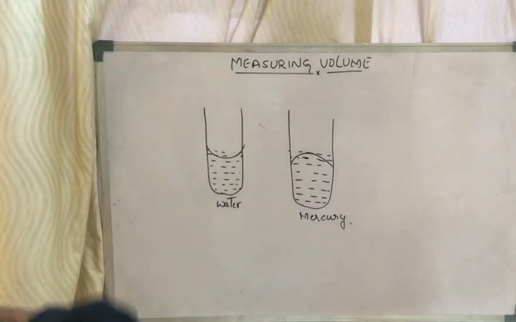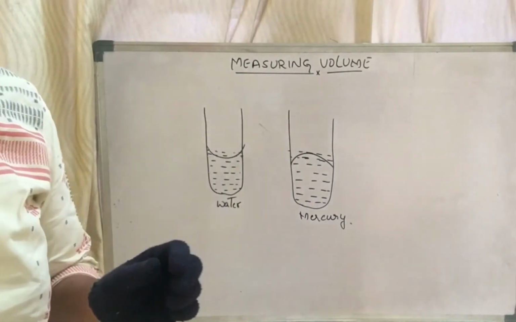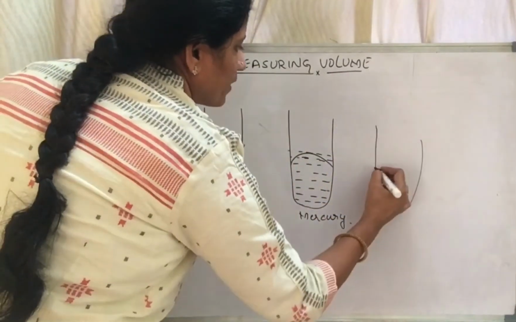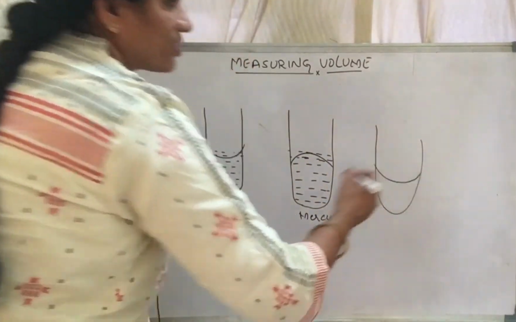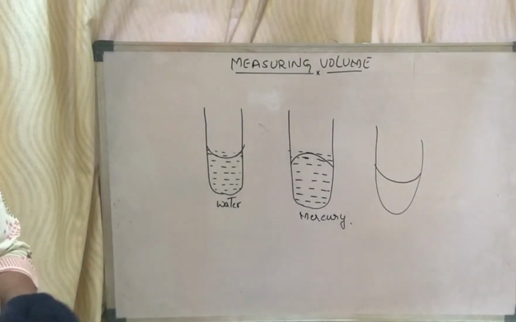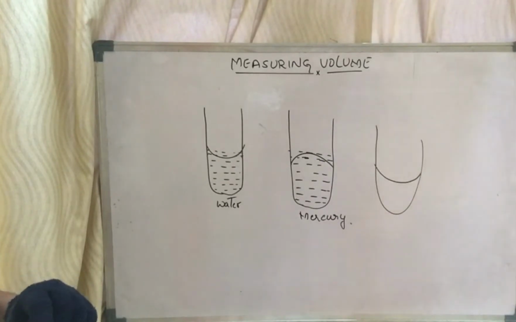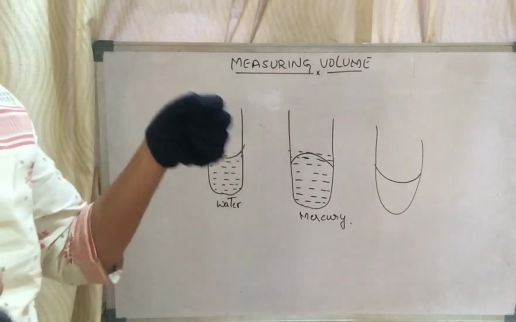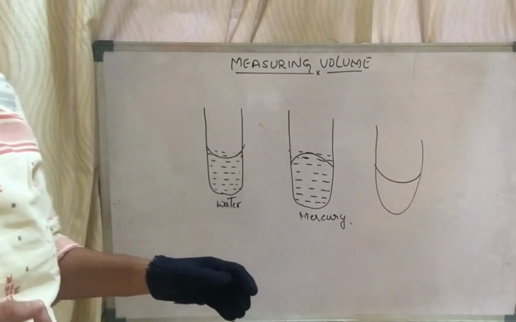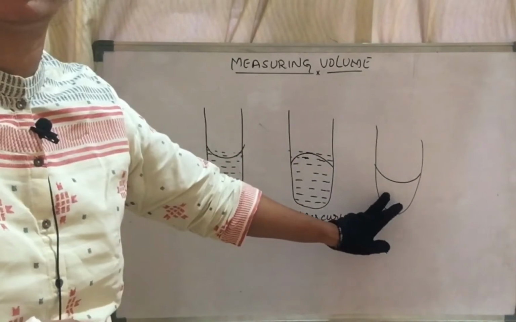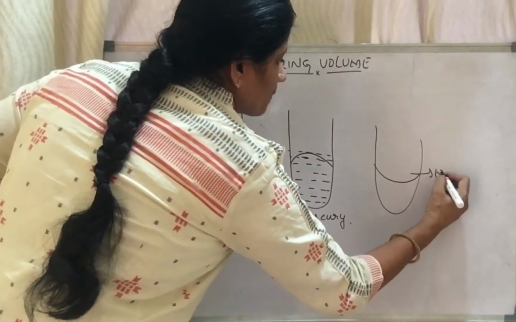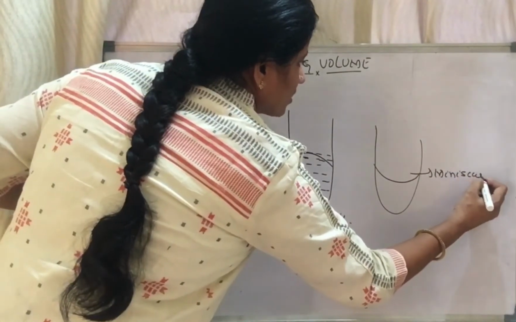Children, generally in the laboratories, if you take a test tube, you might have observed the curved surface of the liquid. Did you ever observe? If you have observed, well and good. If you have not, please pay attention next time. Take a glass test tube and half fill it with water, and you can see this type of curve. This curve is called a meniscus.